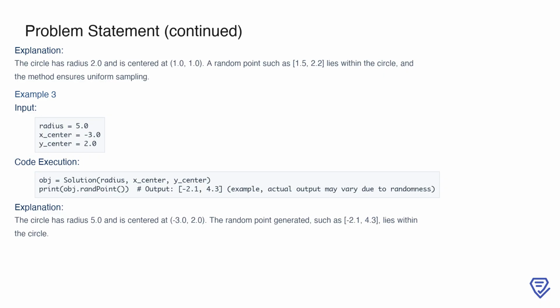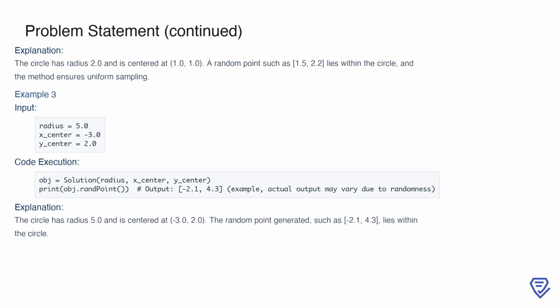In the first example, we initialize the circle with a radius of 1.0 and a center at 0.0, 0.0. When we call the randPoint method, it generates random points inside the circle. For instance, the output could include points like 0.5, 0.5, or 0.3, -0.8. The specific points will vary with each call since they are generated randomly, but they will always fall within the